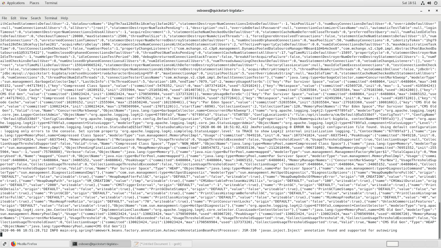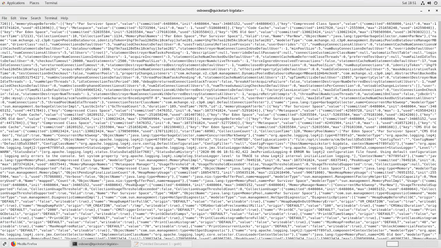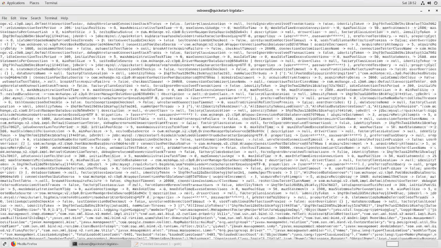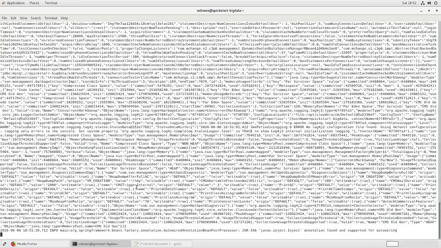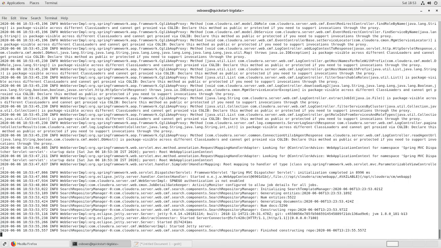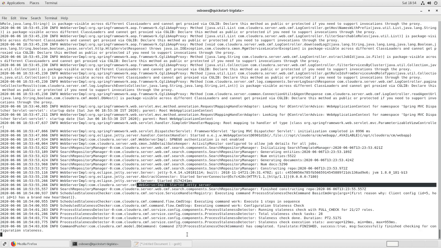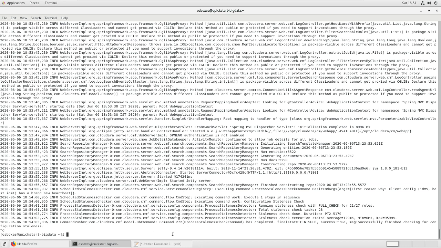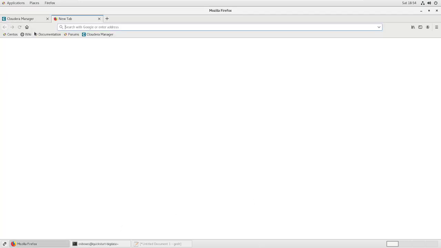So unless and until you see that message coming up, we will have to wait, and once that message comes up, only then can you actually go to Firefox and restart your Cloudera Manager again. So let's wait. So as you can see, the started Jetty server message has arrived, which means that we are now ready to restart Cloudera Manager from the browser. So let's press Ctrl C here, come back to Cloudera Manager.